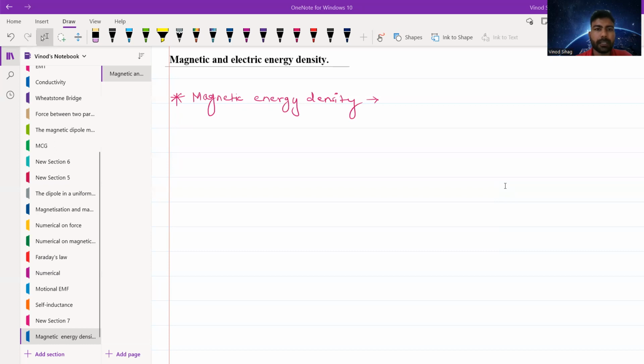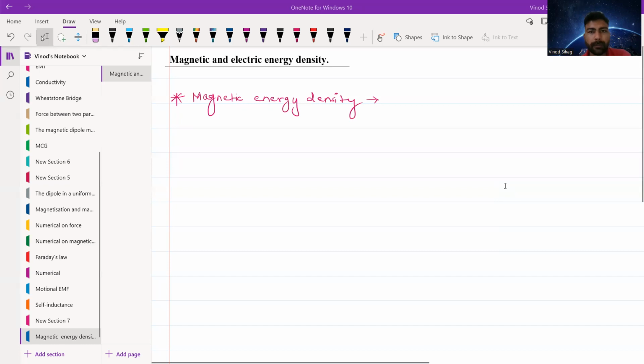For this case, we are assuming that we have a solenoid of n turns per unit length, and the current I is flowing through it. So we are going to use the magnetic field due to a solenoid and its properties. So first of all, let us assume